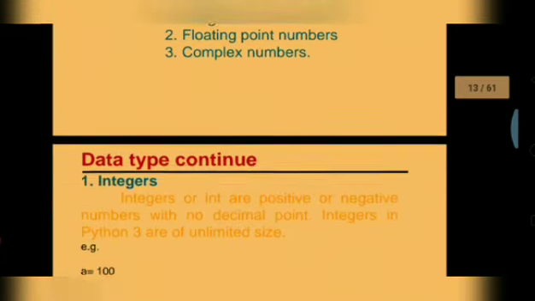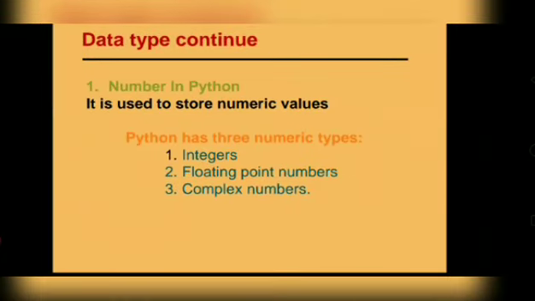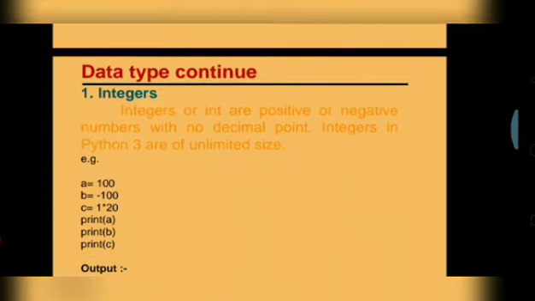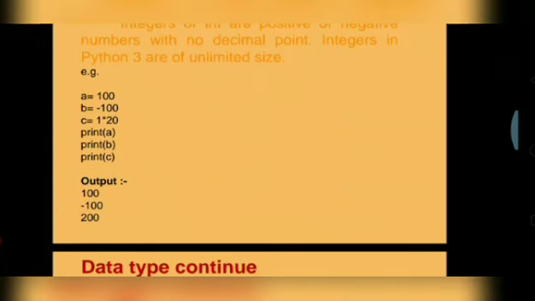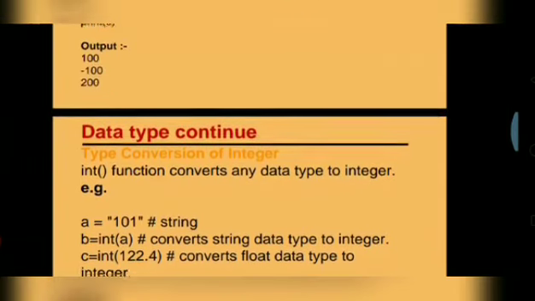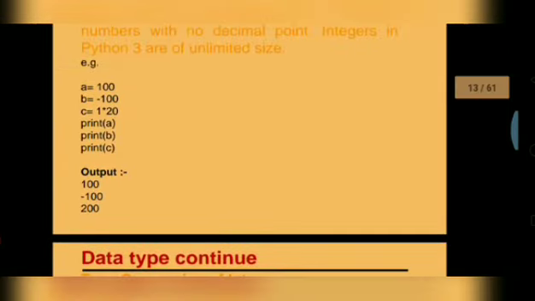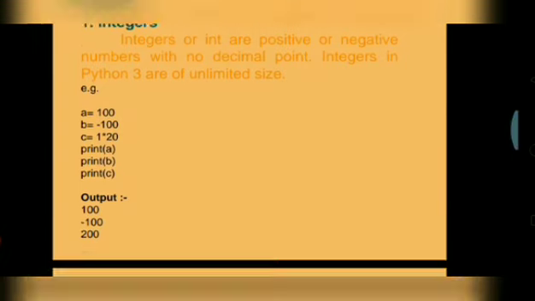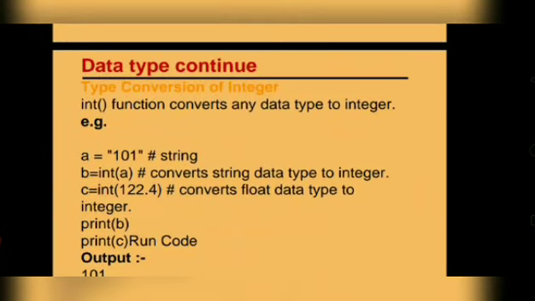Number one is number in Python. Basically Python has three numeric types. Number one is integer, number two is floating point numbers, number three is complex number. With an integer number we can store the integer value. You can see the short program here. We are taking the variable and we are printing the values. Why I'm telling about this, because many students may have some problem regarding the revision, so I'm starting from the beginning, so you have no problem at all.